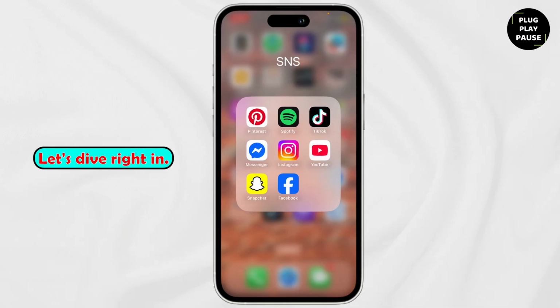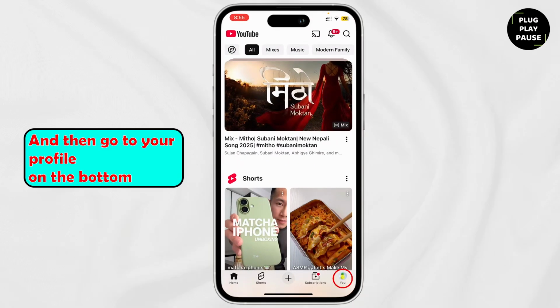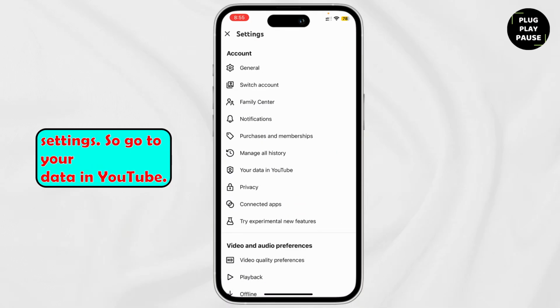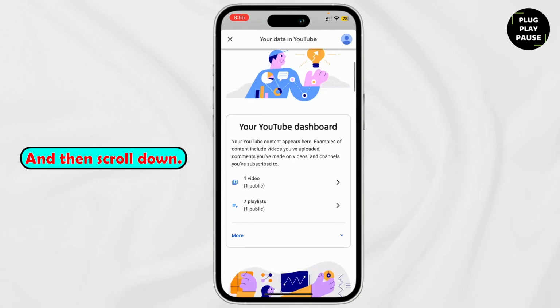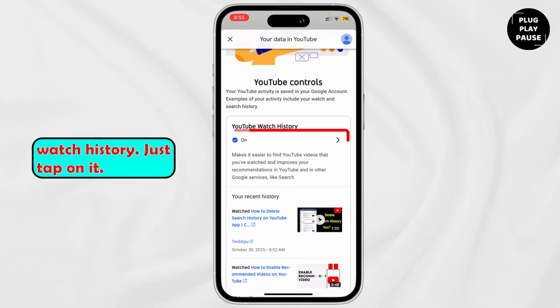Let's dive right in. Open up your YouTube app and then go to your profile on the bottom right corner and the gear icon on the top right. So this will open up your settings. So go to Your data in YouTube and then scroll down and you can see YouTube watch history. Just tap on it